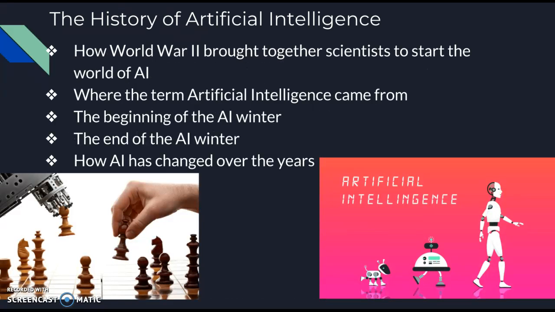All right, so a brief history of artificial intelligence: how World War II brought together two sciences and started the world of AI. World War II brought together many disciplines of science, including the emerging fields of neuroscience and computing. This was in about 1943, towards the end of the war. Alan Turing and Gray Walter were two of the first to tackle intelligent machines. Both went on to invent tools to set in motion what we today know as AI.